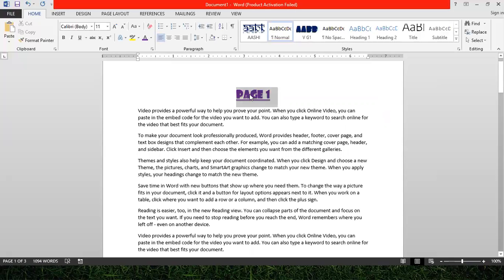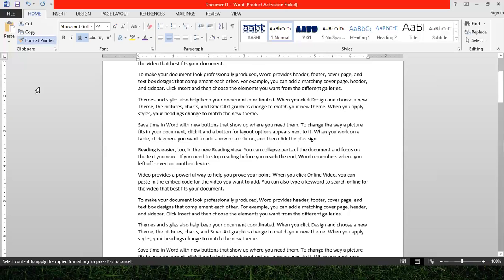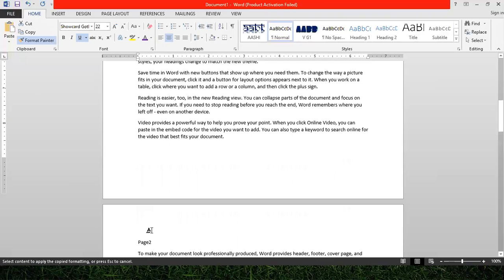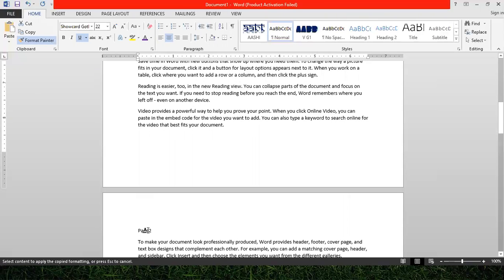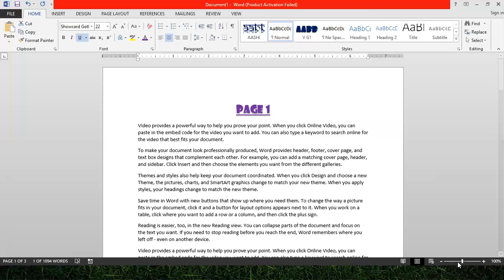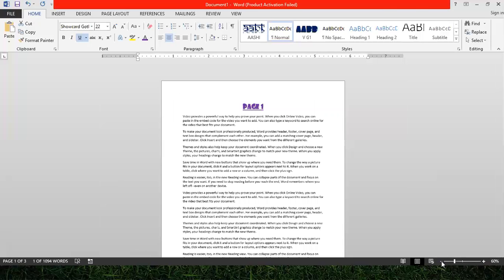For that we need to select the text and then go in the Home tab and click on the Format Painter, and then we can move on the text in which we want to apply that formatting design, and then we can click and drag the paintbrush, which the mouse pointer has been converted into after clicking on Format Painter, and then let's leave the mouse button and the design will be pasted on that second text. So now let's zoom out the page and see both the pages together.